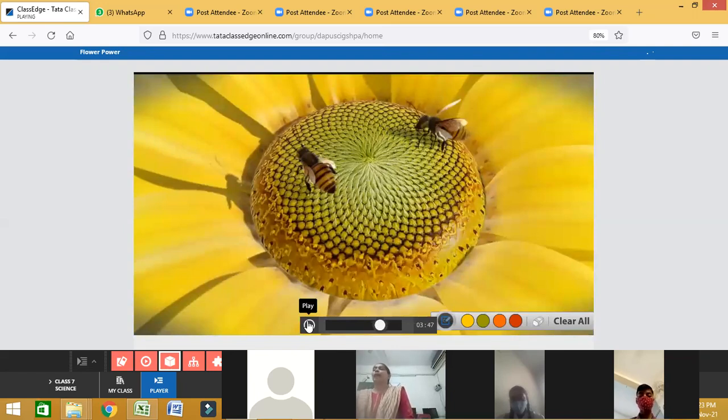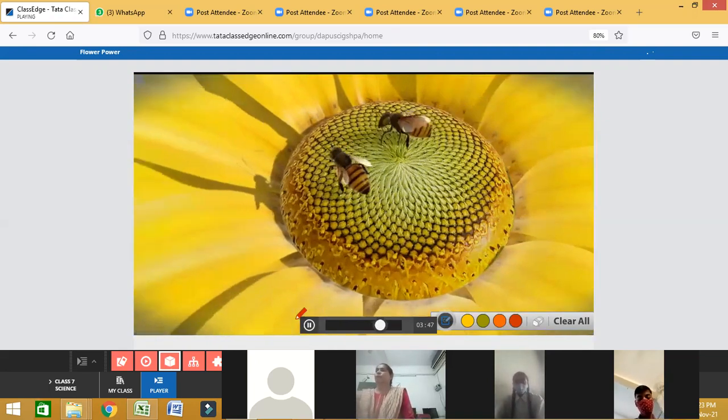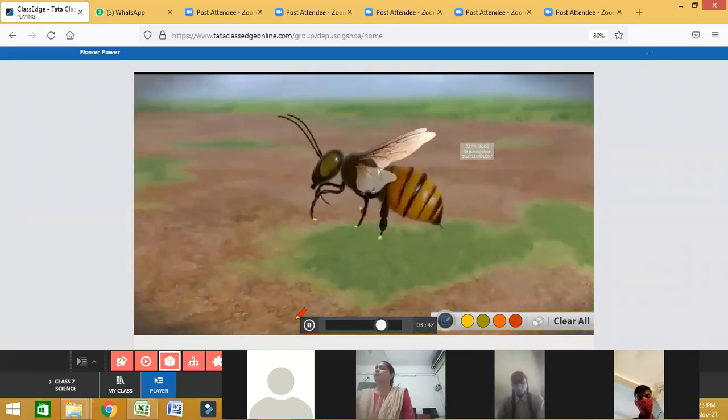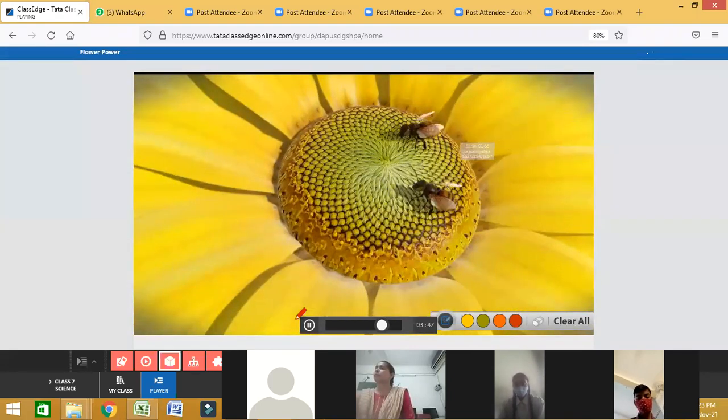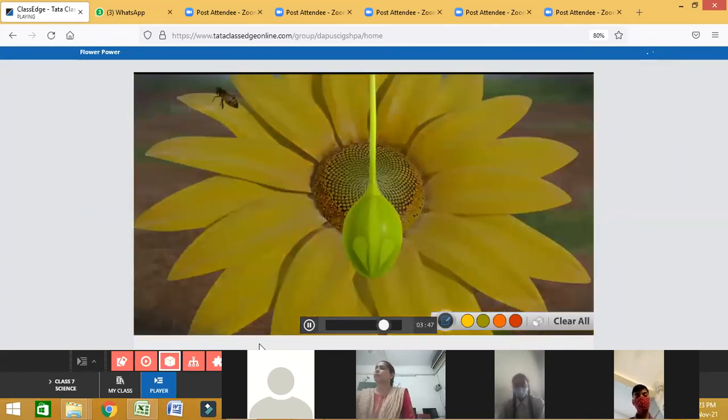Here we will see that for cross-pollination, what is necessary? This bee, we will call this bee a pollinator. So a pollinator is essential for cross-pollination. Now see how the bee does it. As the bee travels to another flower, it will leave behind some of the pollen when it stops, and this will be collected by the stigma. Eventually, the male pollen will unite with the female ovule during fertilization, and the ovule will become a seed.